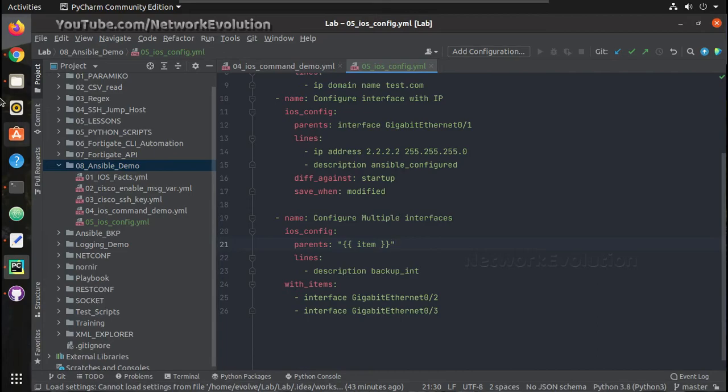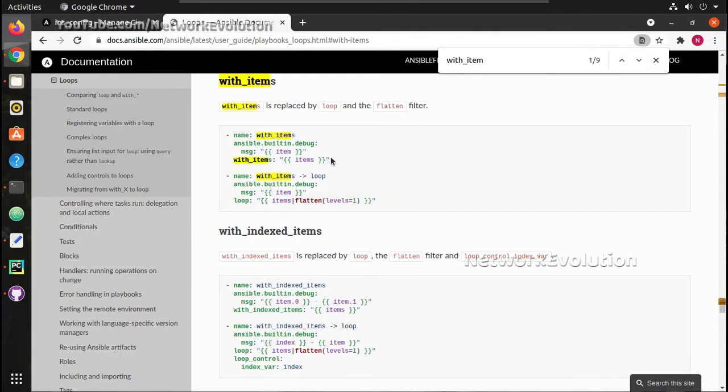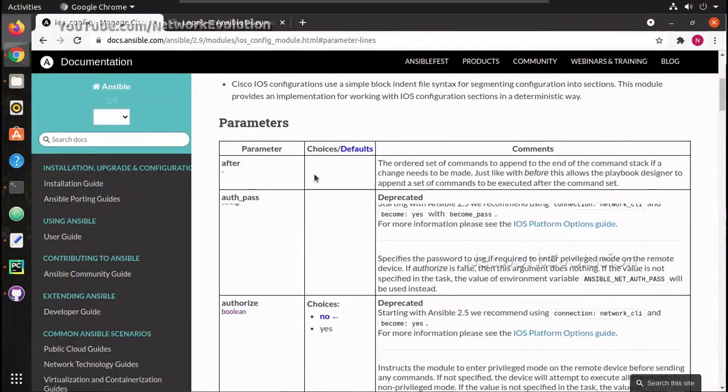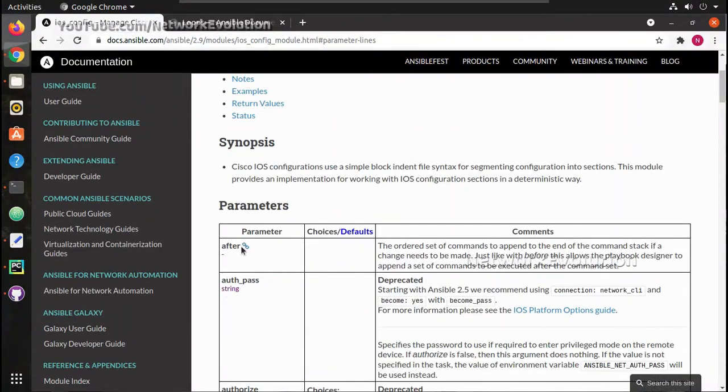Now we will see how to use before and after. So here in after you can see the ordered set of commands to appear in the end of the command execution.